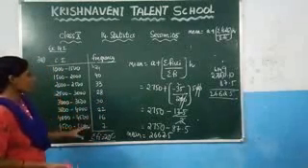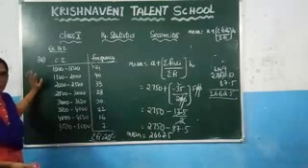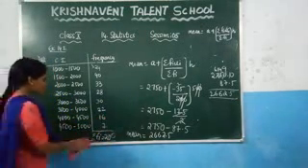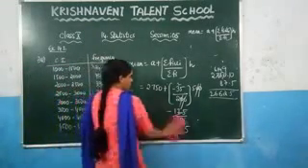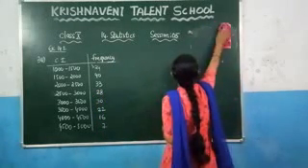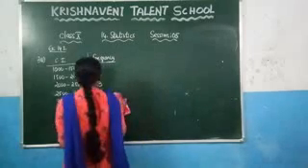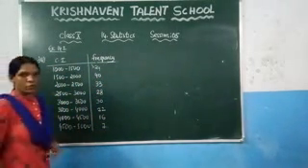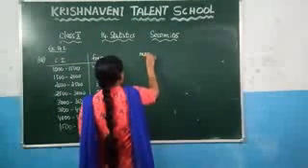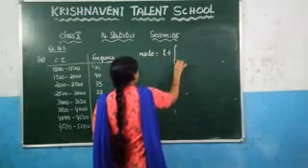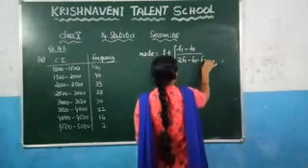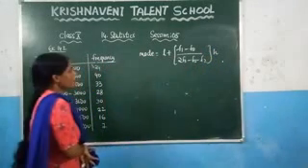Now the same problem asks to calculate the mean and the mode also. Up to now we have calculated the mean. Now we are going to calculate the mode for the same data. So what is meant by the mode? The most frequently occurring element we call the mode, and if you are given the grouped data, you can calculate the mode by using the formula: mode is equal to L plus F1 minus F0 by 2F1 minus F0 minus F2 into H.